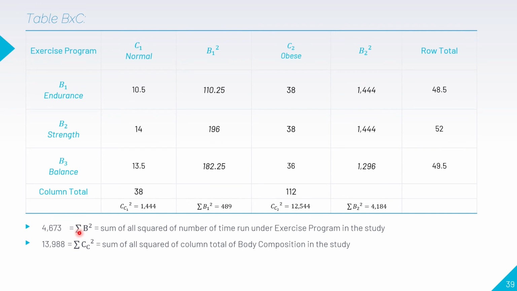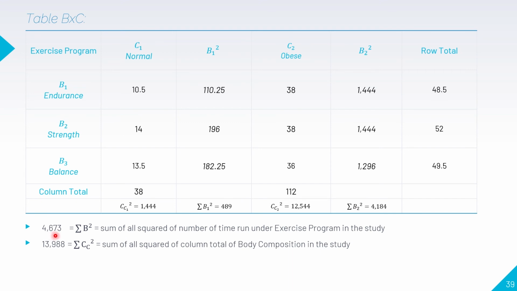Next, let's find our summation of B squared. Just as with the summation of A squared, we square the values using our table B by C. So 10.5 squared, and so on. Add these, and we have the summation of B sub 1 squared, 489, and likewise the summation of B sub 2 squared, 4184. Add these two, and we have the answer,